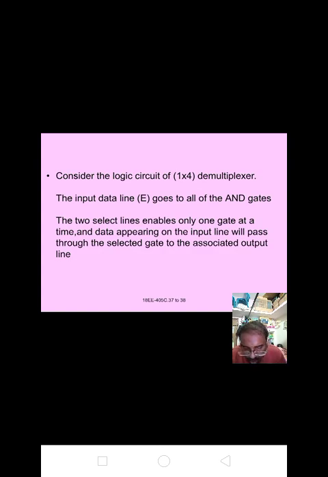From the above logic expressions, the logic circuit of the 1x8 demultiplexer can be constructed as below. The data input E is connected to the inputs of the AND gates, and the 3 select lines enable only one AND gate at a time. Then the data input E will be passed through the selected AND gate to the respective output line. The select inputs are used with 3 inverters and 8 AND gates. There is no single output Y; here each AND gate gives one output.